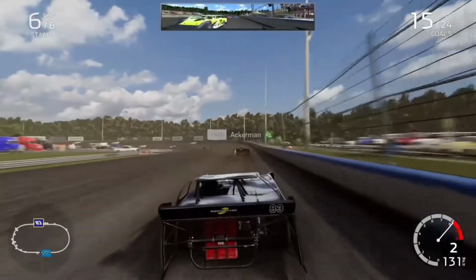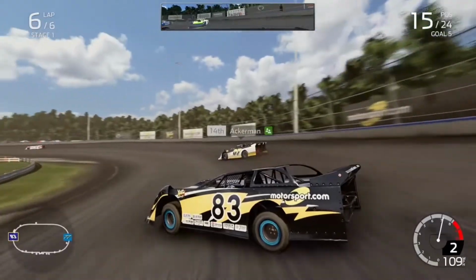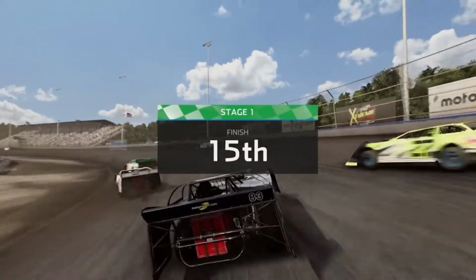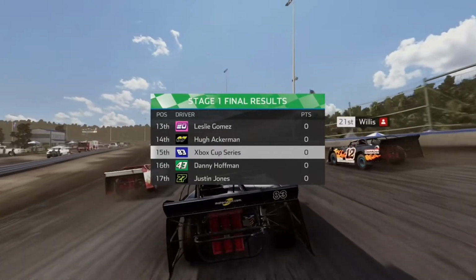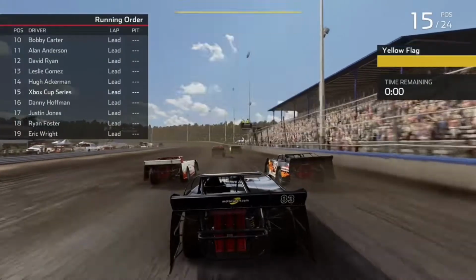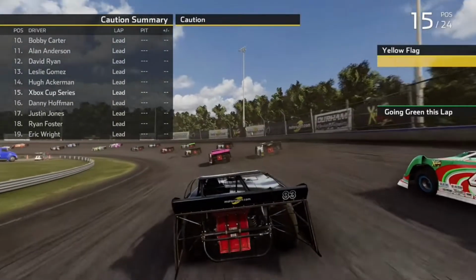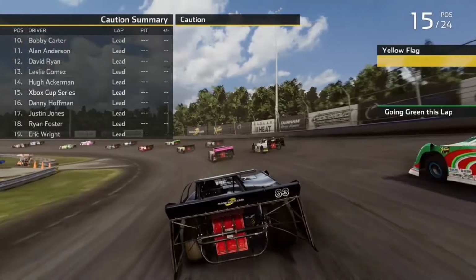If we don't get any points for finishing back here, I'm just going to hope to hold on to this odd spot, and we do. 15th, that'll make us start on the inside. Danny Hoffman was down our inside barely at the end of that stage, so we were very lucky there. So we start on the inside of him, Danny Hoffman, that is, as we're starting behind Leslie Gomez and our friend